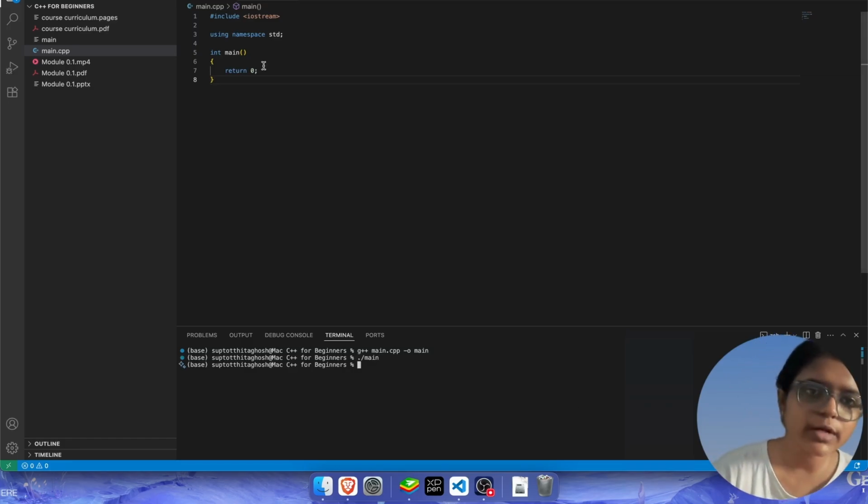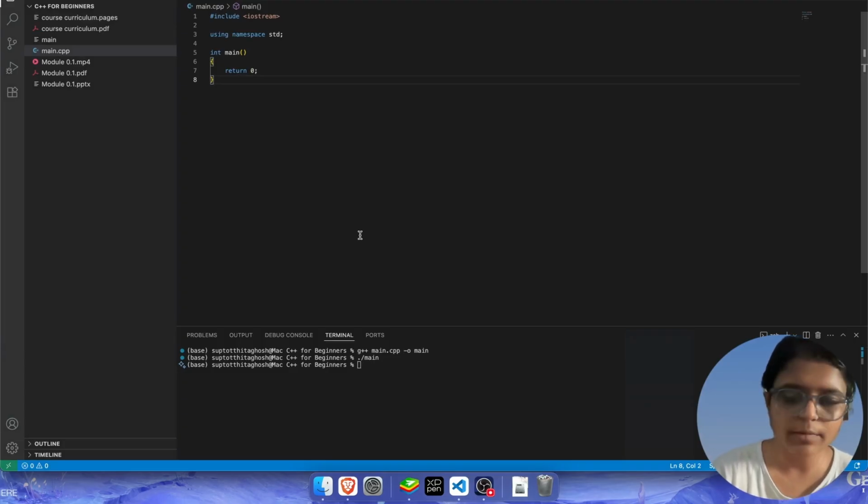So this program finished, we finished compiling and running the program. But since this is an empty program, we did not get any output, there's nothing to show. It's just int main and return 0 and nothing else. So this is the empty program. But obviously we would always want to have an output whenever we write a program. So in this case, we can type this here,